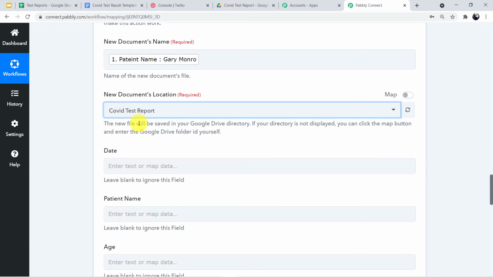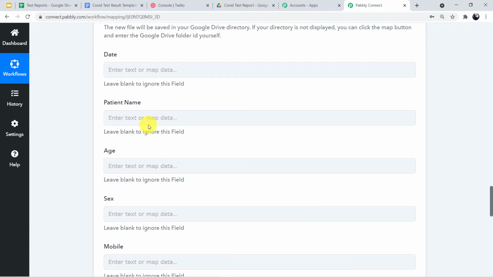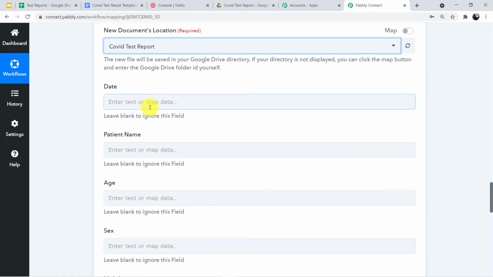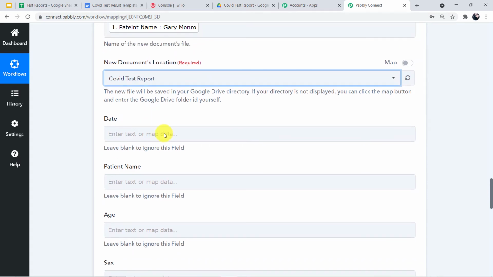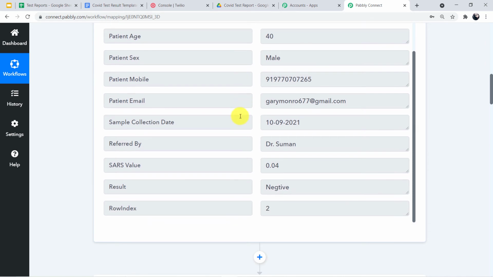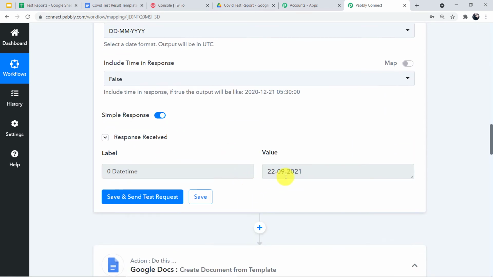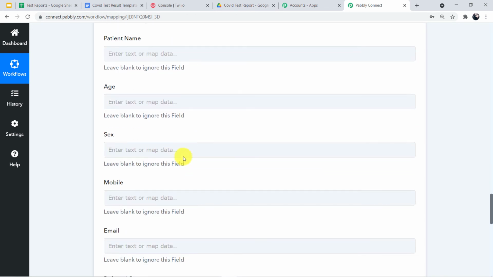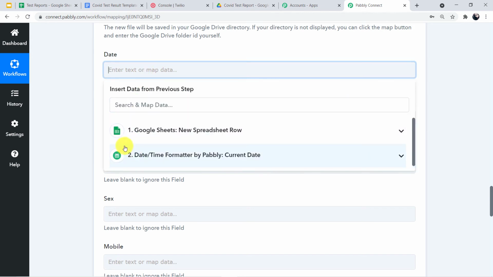Once I selected this document's location, these fields just appeared, and here it is asking us to map the data. Now obviously you must be thinking, what is mapping, how is it done? Don't get confused here, I'll explain everything. Basically, mapping is nothing but the data which is available here in Pabbly Connect, and the data which we generated here, all this data will be available in a drop-down like this.